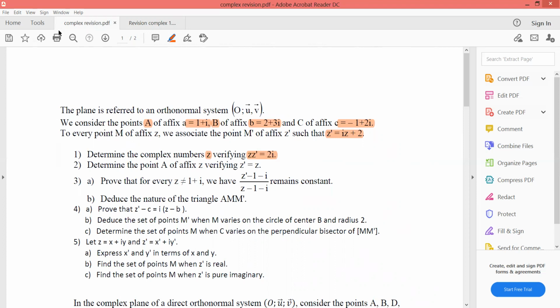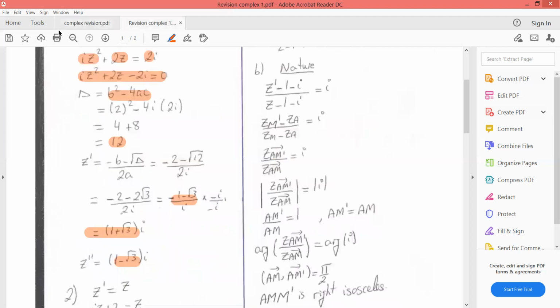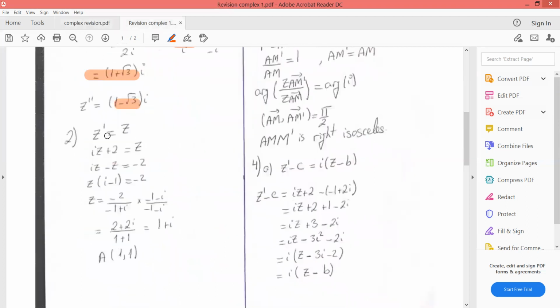How is z prime equal z? Z prime is iz plus 2